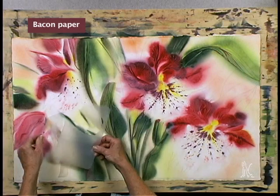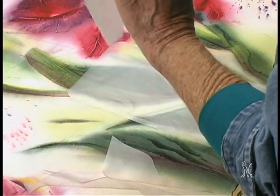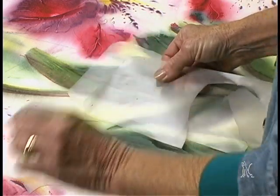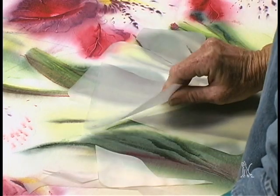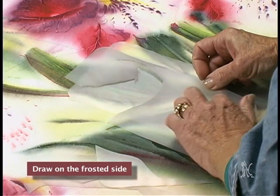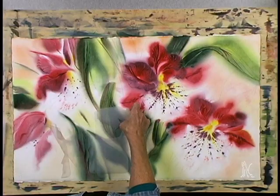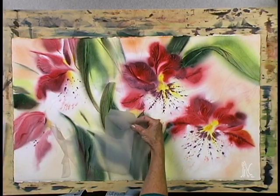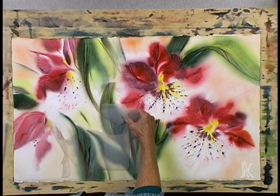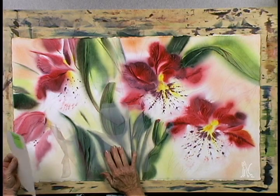It's the paper that comes in a package of bacon, but the bacon paper is like a frosted piece of very thin plastic, frosted on one side, clear on the other side. And the frosted side makes it easy to draw on. I like it because you can see the paper. It's not like using a piece of very clear plastic that is easy to misplace or to not get where you want it. It's nice to have the frosted, but if you have trouble finding bacon paper, another thing that you can use